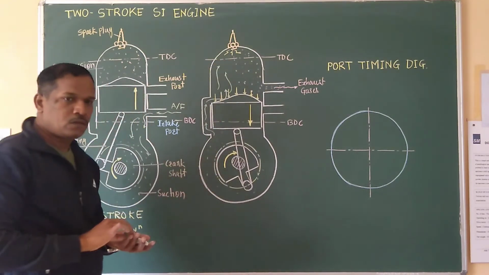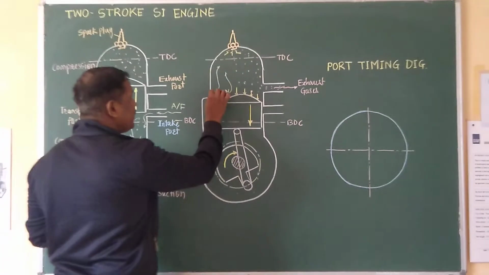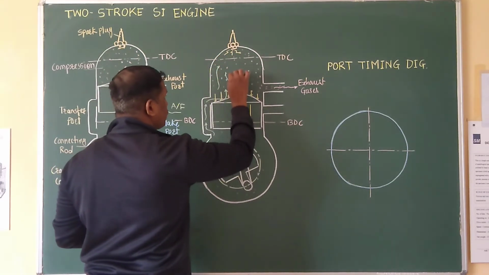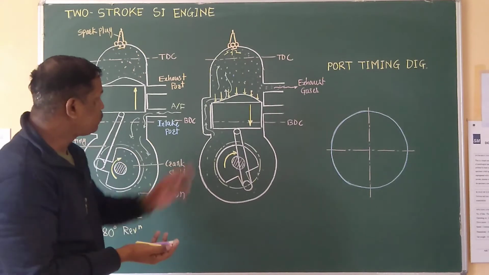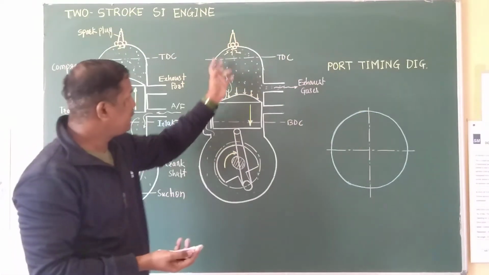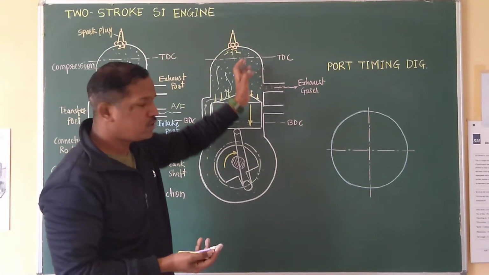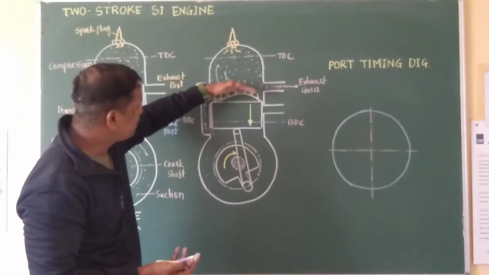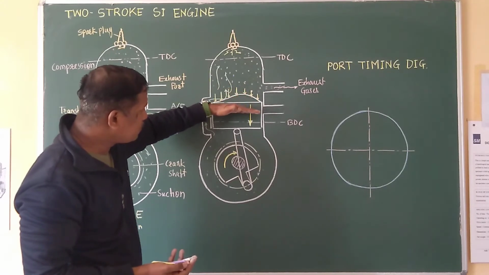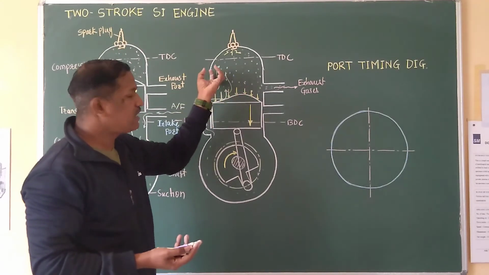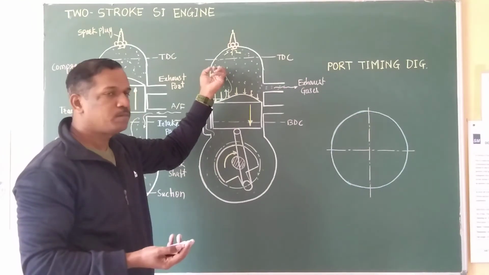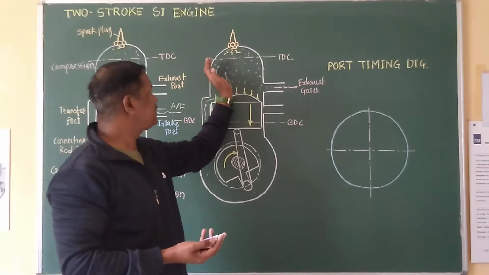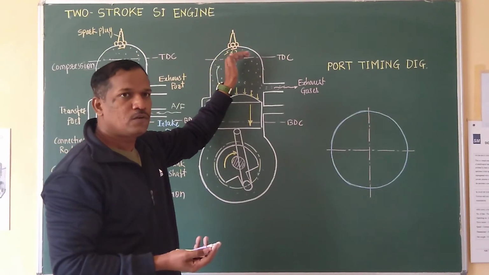Now as soon as the piston moves further and opens the top of the transfer port, the pressurized suction charge starts moving through the transfer port due to pressure. And when it moves out, since there is not a flat crown on the piston, the fresh charge will strike the crown and move in an upward direction.